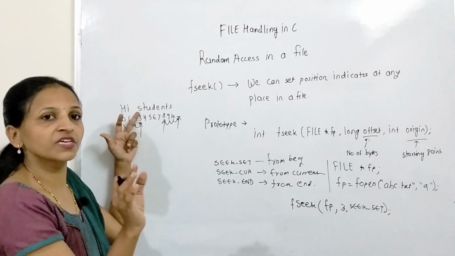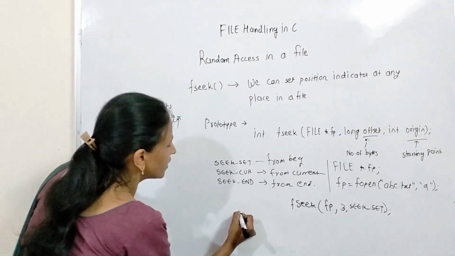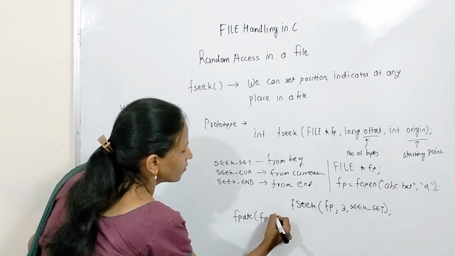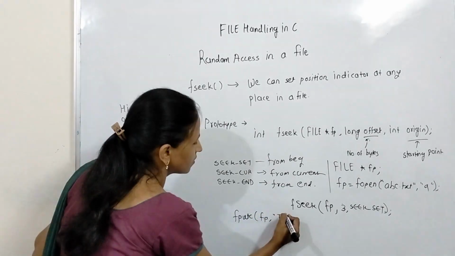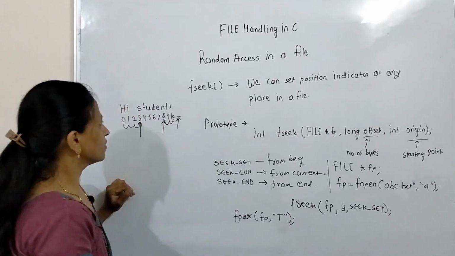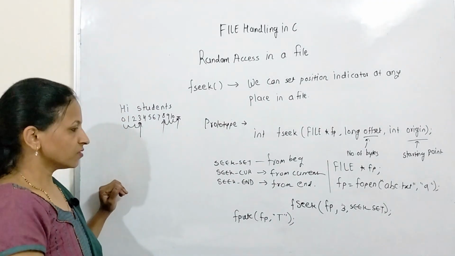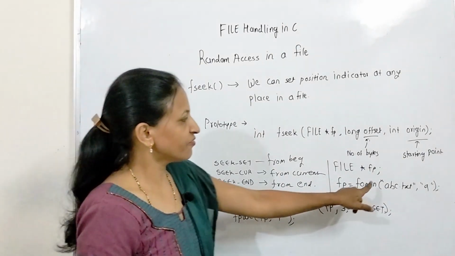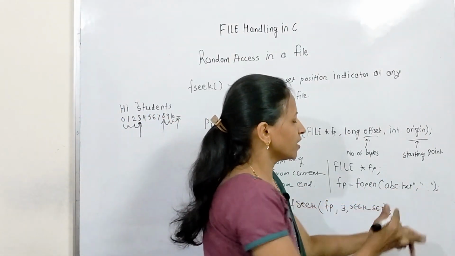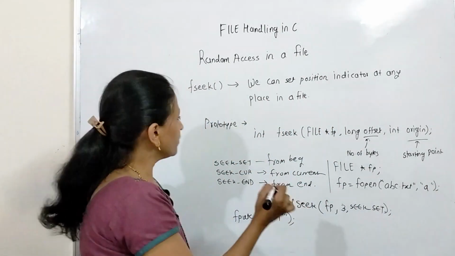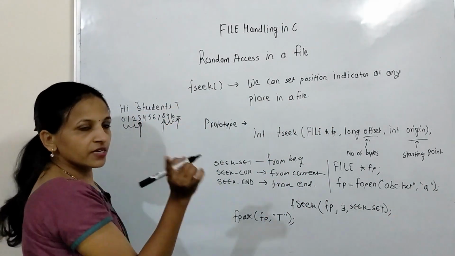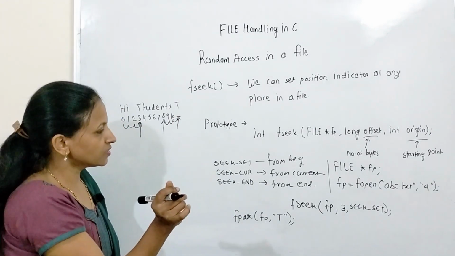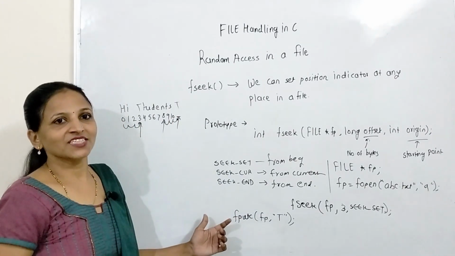And now here I want to write another character at this place, means I will modify that. How? Using the putc function. How will we write it? putc fp, and in that I want to write a character, let's say t. Then see, t will not be replaced here because we have opened that file in append mode a. It will be written at the end. That character will be written at the end. Always keep this in mind. This is all about the fseek function.